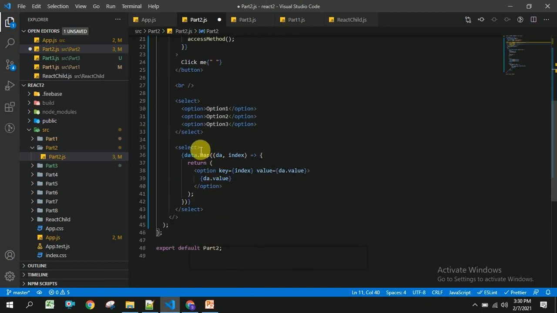Once the user changes this, I am going to call a method handleChange.